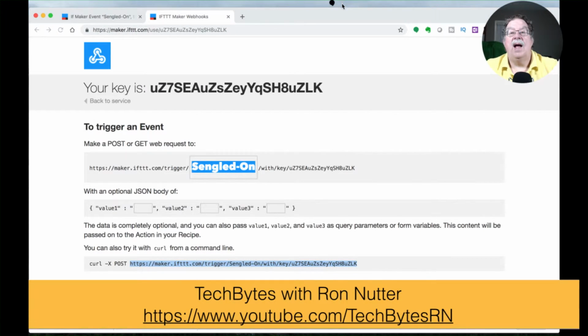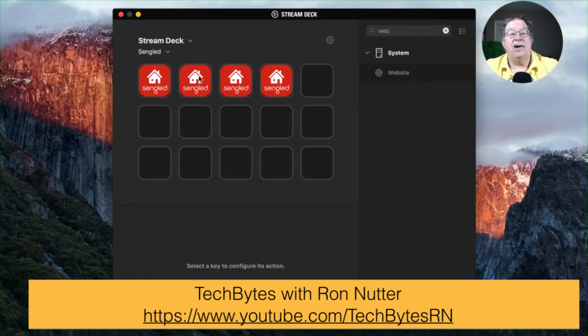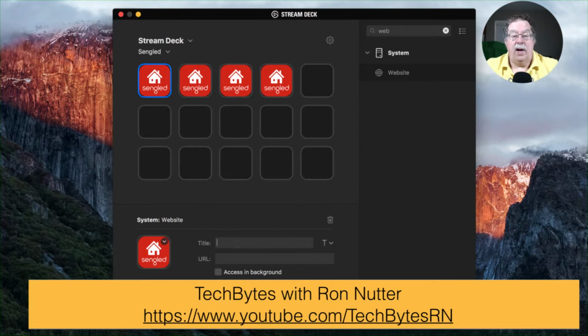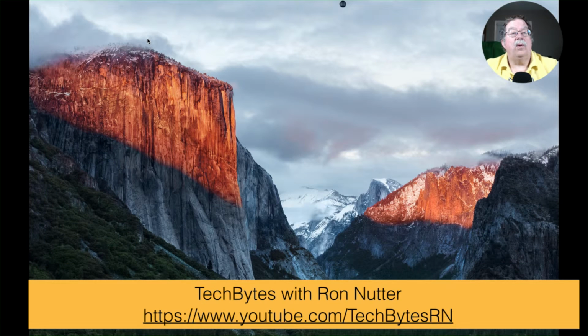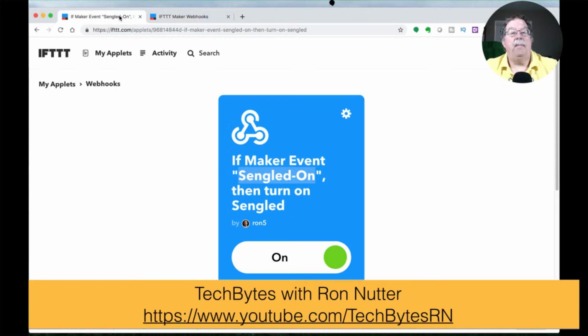So we'll go over here and go into Configure StreamDeck, and we'll go down here to the profile that I've set up for Sengled. Now I've already got the icons here. So we're going to call this one On, and we'll paste the URL in here, and notice it says Sengled-On, and then we'll want to make sure you check access in background, because if not, this is going to try to open a web page on that little button, and it's going to be fun. So now we will go back to that. So we've tested that. So now we will go back to here,